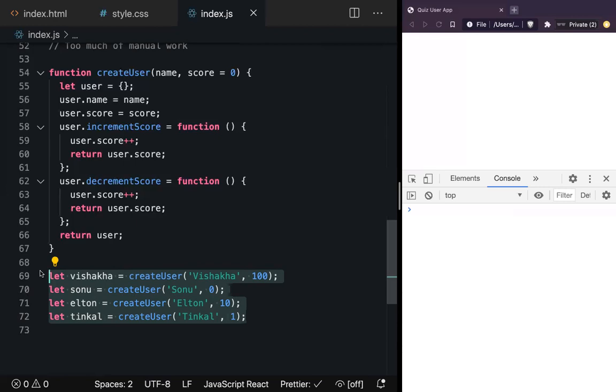Now we can't access all the users. You cannot access all the users. Yeah, we have to say Visakha, Sonu, and then. Yeah, so we can just store that into an array or something, and then we can access it, right, Tinkle? Yeah. Okay, so we can do that, but that is not the scope of this thing, because we are mostly focusing on how we are going to organize this data is not important right now.